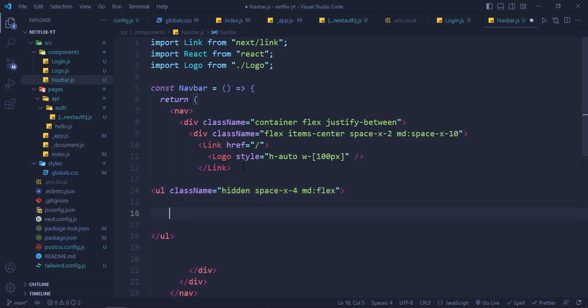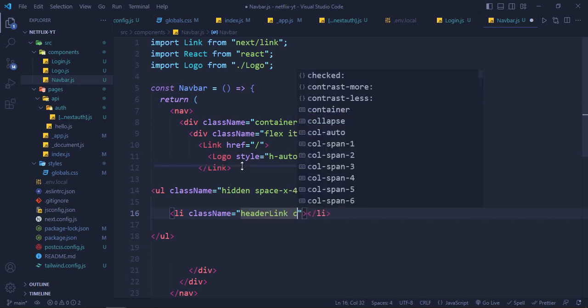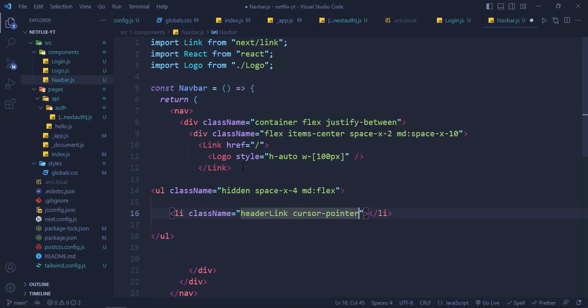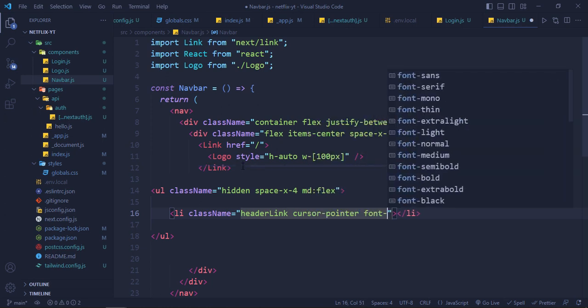And then we have this li tag, and we'll also have a class, and we will say header link, a custom class, okay, and cursor default, cursor pointer I mean, okay,